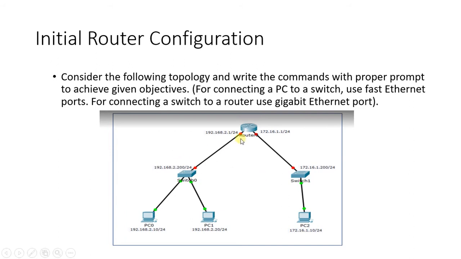So the router has two different interfaces. One is the Gigabit Ethernet 0/0 interface, and another one is the Gigabit Ethernet 0/1 interface. Both the interfaces should be assigned an IP address so that we can send our information or our packets from one network to another. In basic router configuration, we basically see how to rename our router, how to assign the passwords to a router, and how to assign the IP addresses to different interfaces of the router.